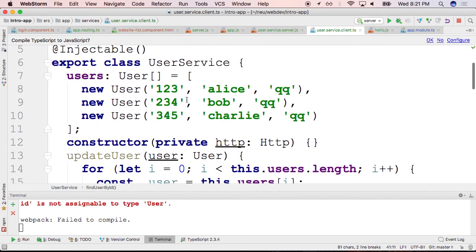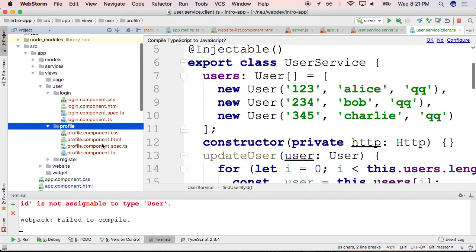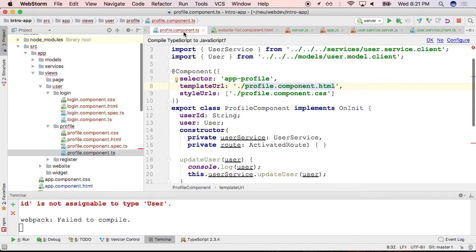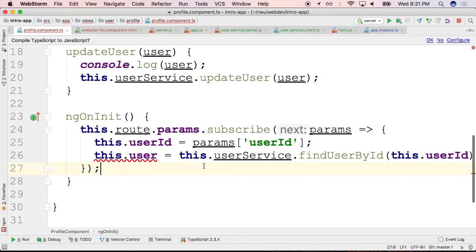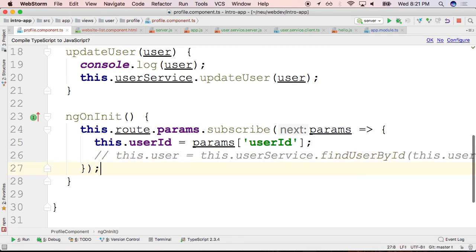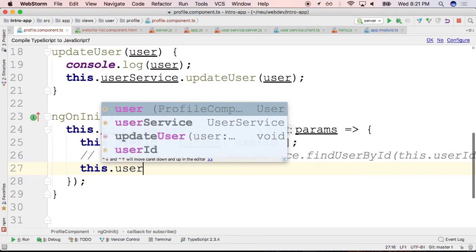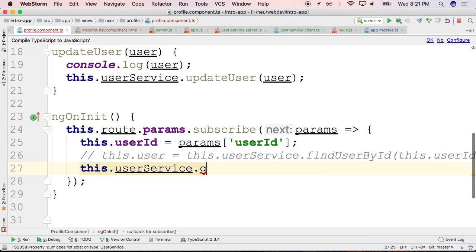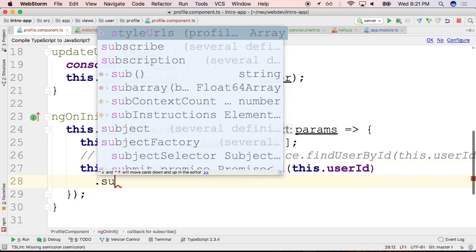So now we have to go back to the profile. If we go back to the profile, we'll notice that the component was using the synchronous version of finding the user by ID. This no longer works, right? Instead, we need to use the user service to find the user by ID, pass it the user ID, right? But then we need to subscribe,